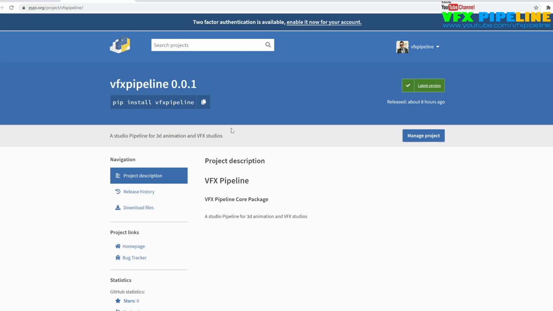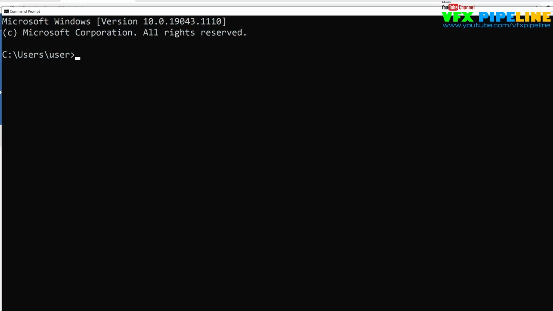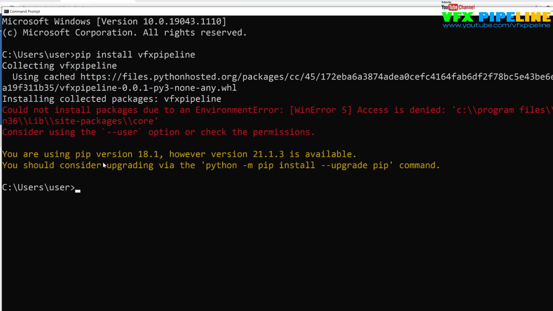Okay, so enough theory. Let me show you what pip is. Whenever you install Python on your system, no matter whether you are using Mac, Windows or Linux, it all comes with a pip command, and with pip you can install packages inside Python. So pip install VFX Pipeline. Once you type this, it will look for the package. Here it's looking for my package. I know it's a permission denied because I'm not in admin mode, and also I don't want to install, but just to show you that this command works.